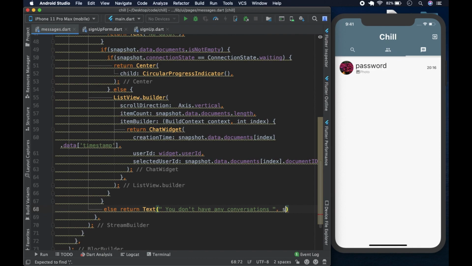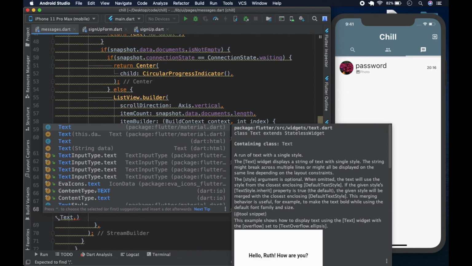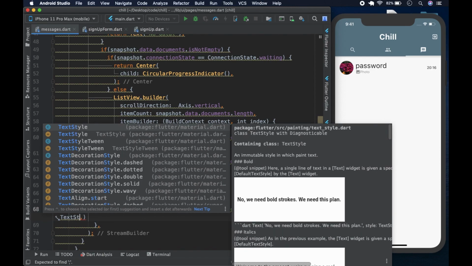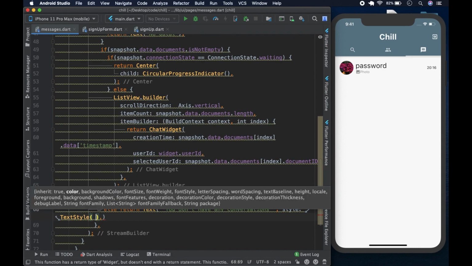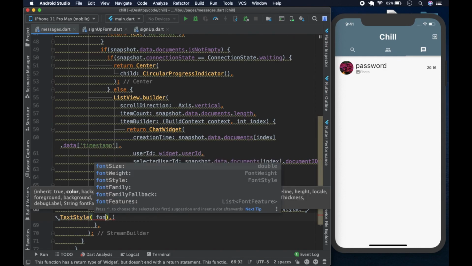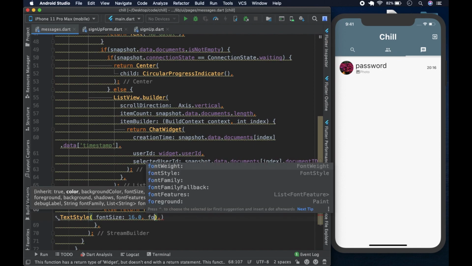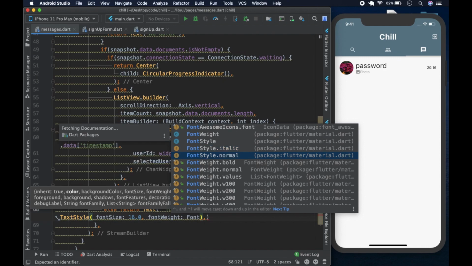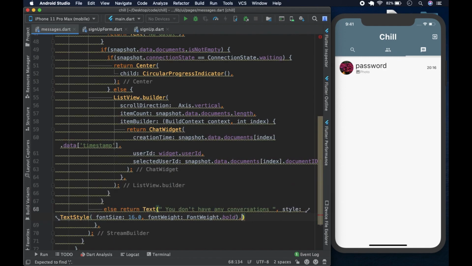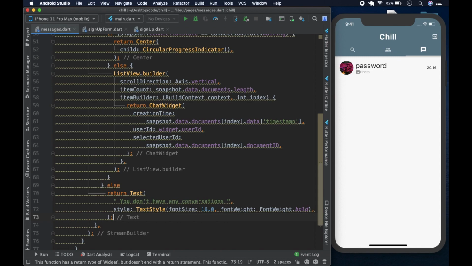And the style, we could give it a bit of style. The style is going to be TextStyle, like so. This TextStyle is going to have a font size. Font size is going to be, we can make it 16.0. The font weight is going to be FontWeight.bold, like so. Okay, yeah, and we can hit save there,